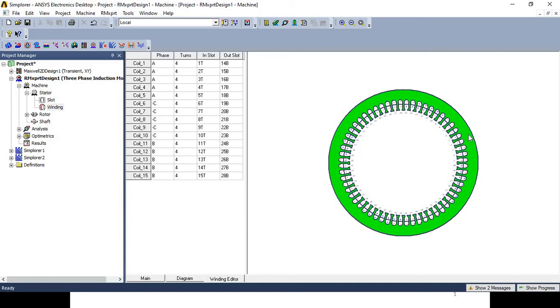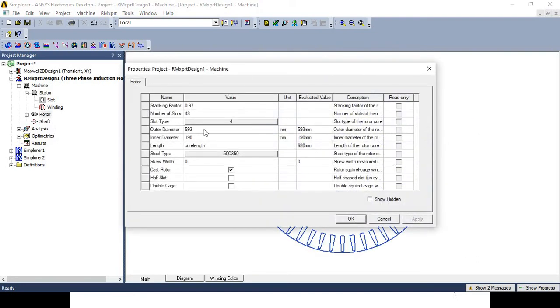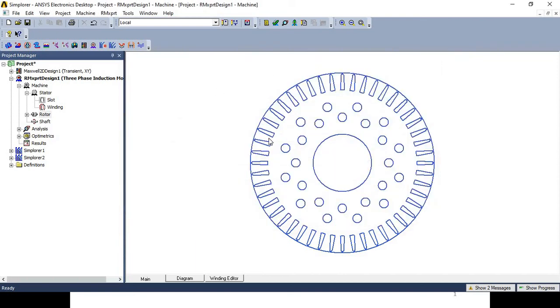Now another part of the motor is the rotor. So we'll start with the design of the rotor. When I double click on the rotor, it will show the design of the rotor parameters. Since I had already created the design, the geometry is available on the right hand side. But this rotor geometry also consists of slot, bend, and winding. When we give the input of all these parameters, then only your rotor design will be complete.